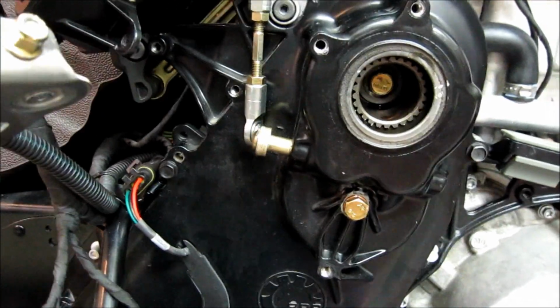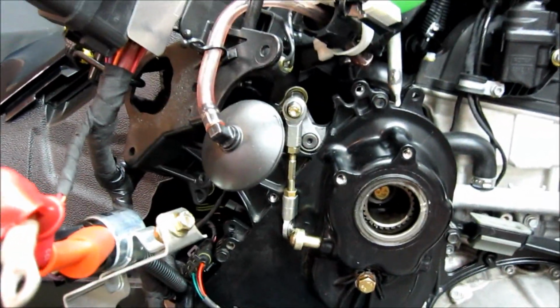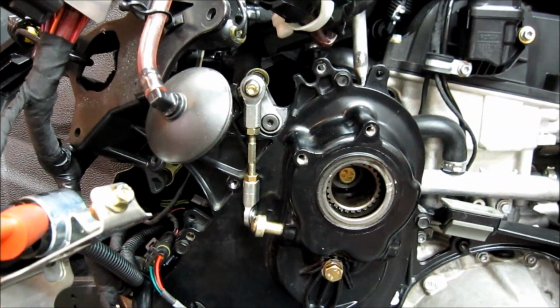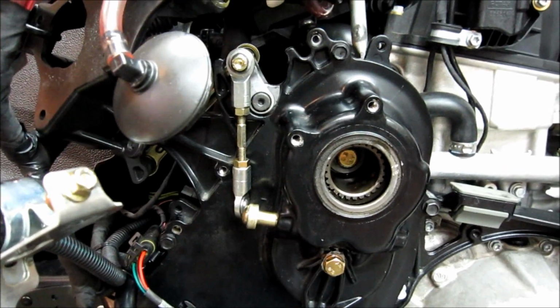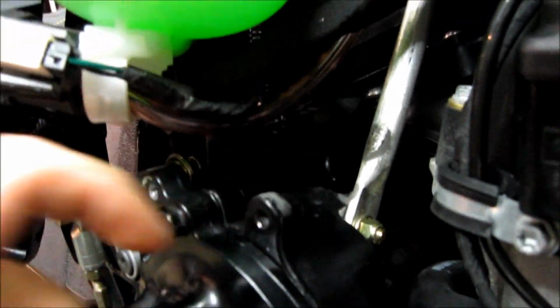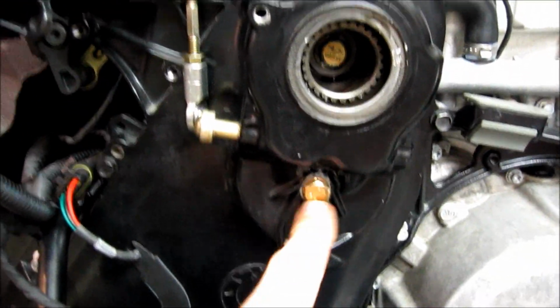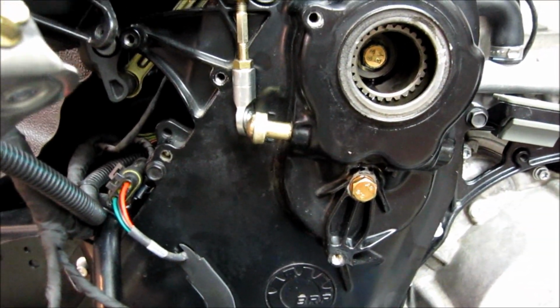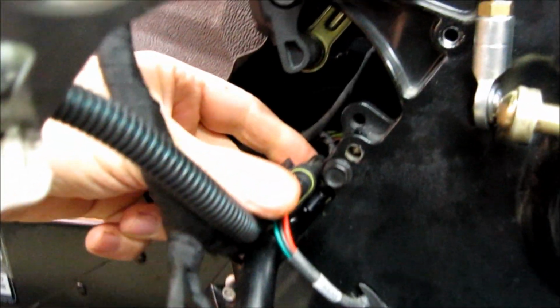Okay, so now you should have all 7 10mm head bolts on there. The torque spec for those is 89 inch-pounds. It's basically just enough to close the gap up, so it's kind of metal on metal, and a tiny bit more snug than that, and that's it. It's 89 inch-pounds. And on the reverse gear bolt right there, make sure you have the crush washer on it. The spec for that is 133 inch-pounds. Then make sure to clip your